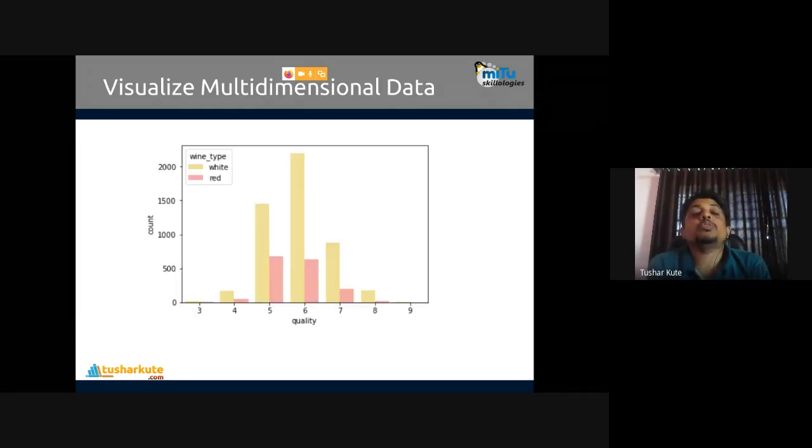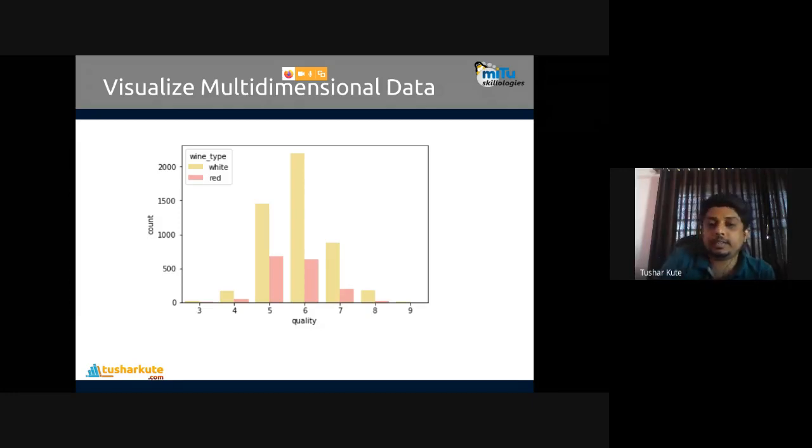Multiple bar chart. Here, according to the type of wine, qualities are differentiated. Qualities are 4, 5, 6, 7, and 8, and under that, white wine is more. Okay. The orange color is showing it, the pink color shows the red wine basically, and their comparison we can visualize by using the multi-bar plot. Multiple bars are there, and with the multiple bars, the plot is shown.